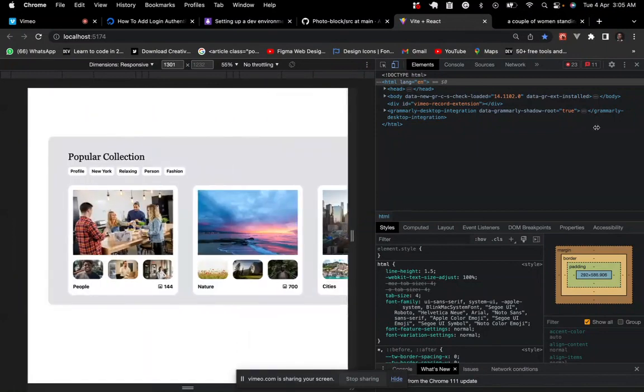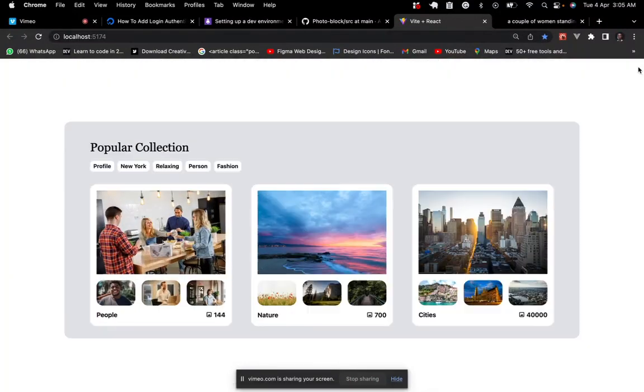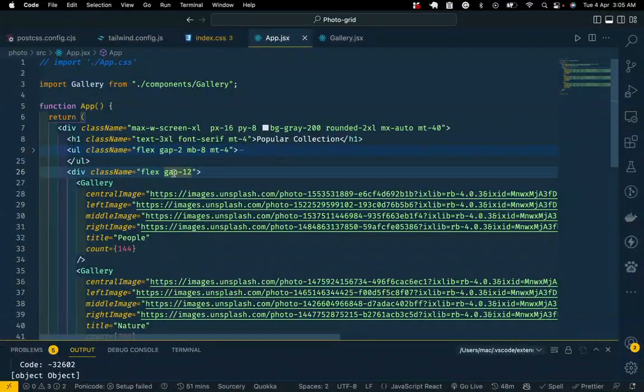So you can see this is not good at all. So the first thing we want to do is to check what I have here. What I have here is saying flex. Without flex, the cards are going to stack on each other, and that is what we want on a mobile view and on a tablet view. So if we remove this flex,